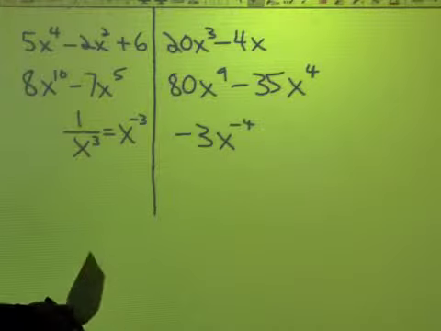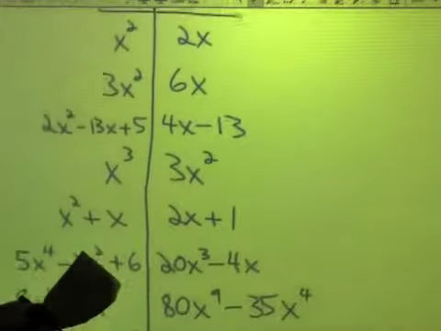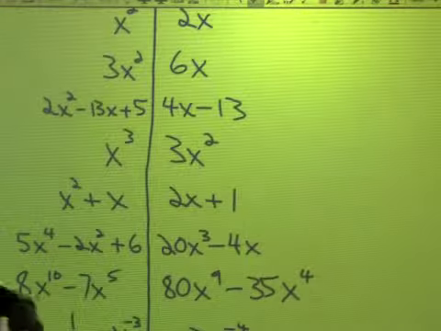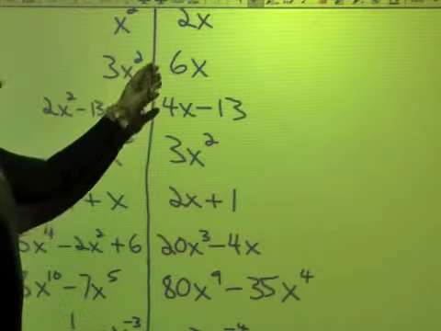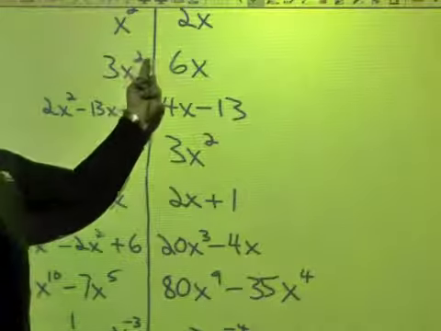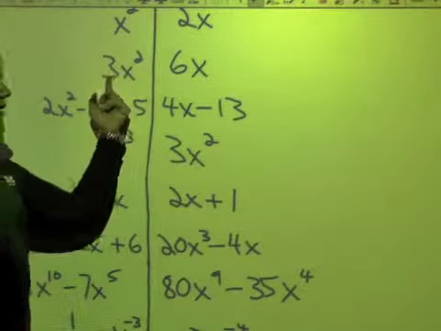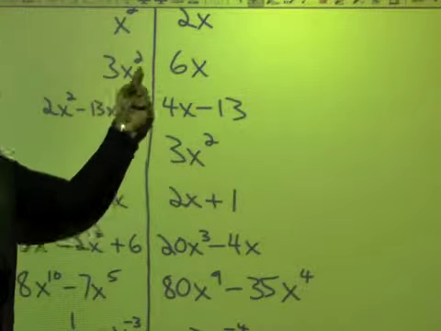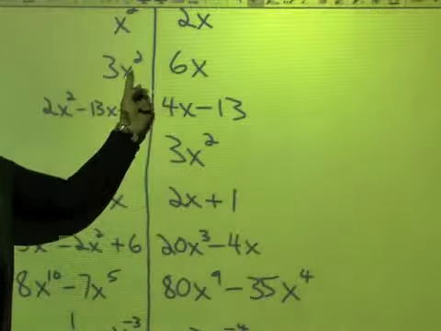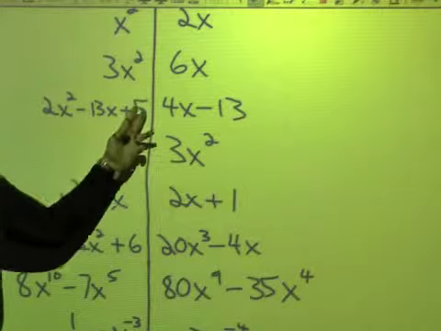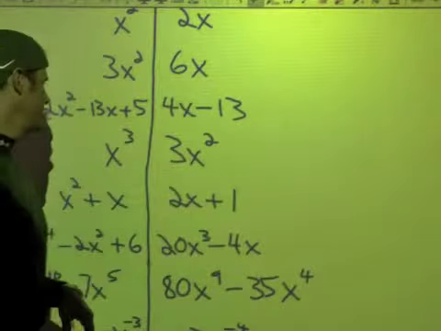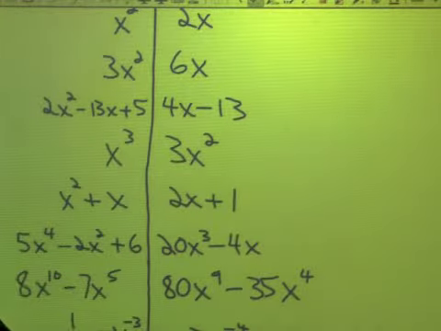Okay? So if you look back at all these examples, notice that basically what's happening here, and here's the spoiler, is that you're taking the exponent and you're multiplying it by the coefficient in front, like 2 times 3 is 6, and then you're lowering the power of the exponent by 1. And if there's more than one term, you just do that with each term. Okay? So going down to here, some of these more